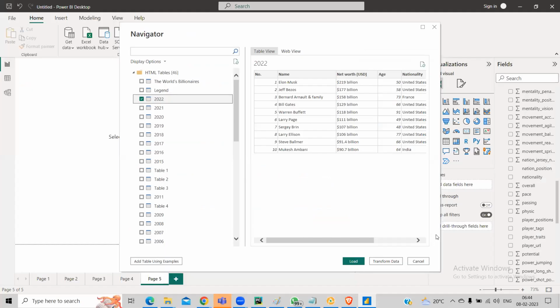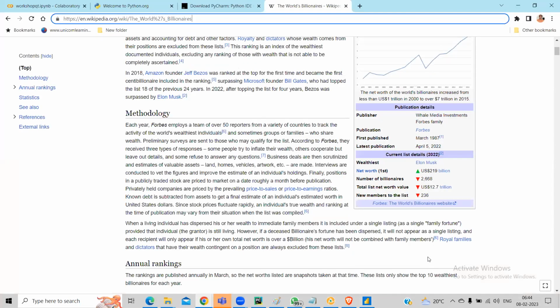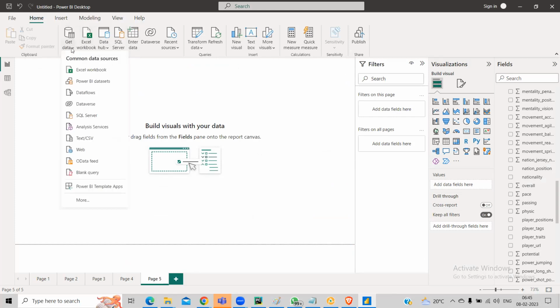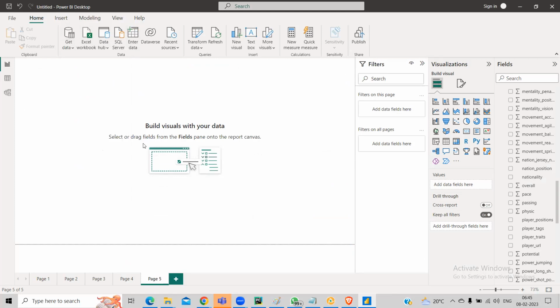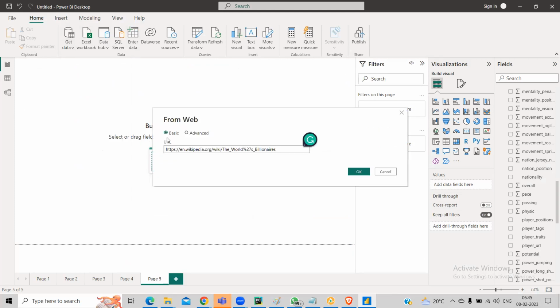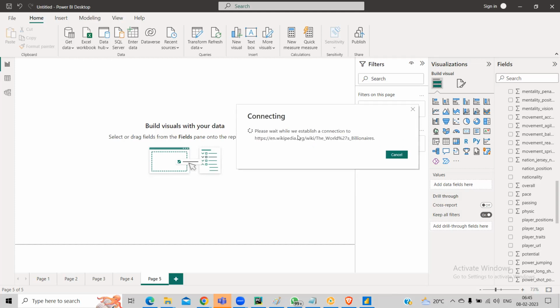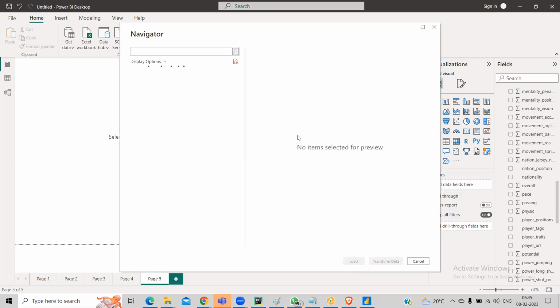Okay, I'll show you again what I did. Come here, go to get data, click on web. You give your URL, say okay, and it'll connect and fetch. Some websites may be password protected, so it'll ask you whether it is password protected. If you say yes, then it'll ask you username and password. If you say no, it's a public website, then you say no, and then